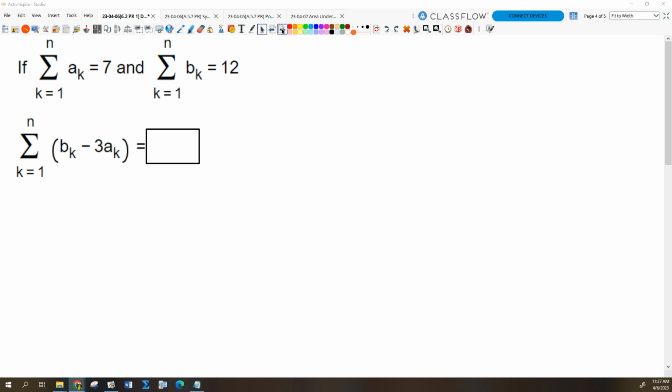Using properties of sums, remember I can sum term by term, and I can pull constants out front, right? We see how we're doing this? So we could just rewrite this as,